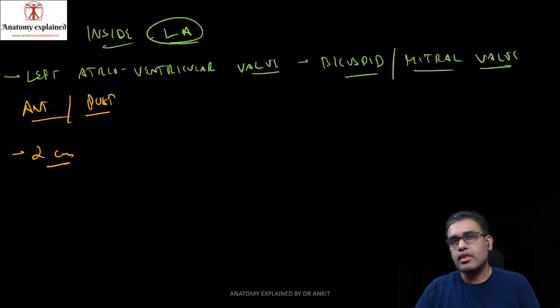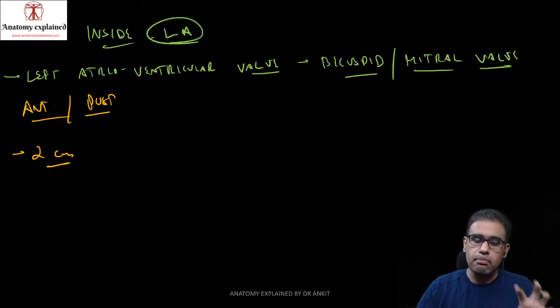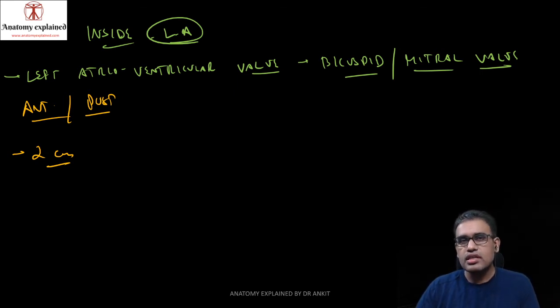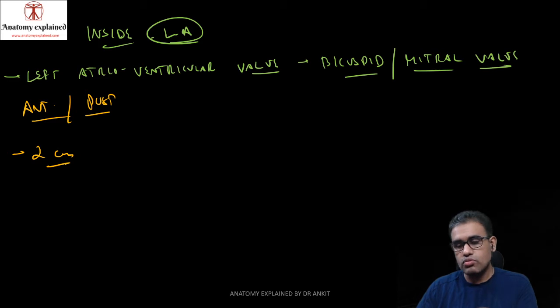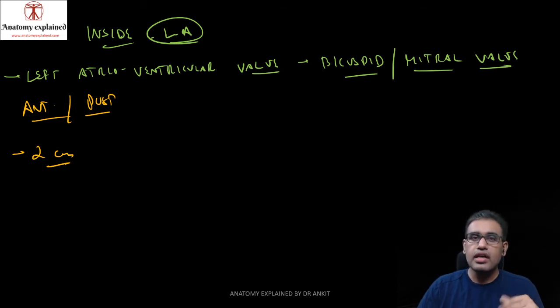First, the posterior surface or the base of the heart: the majority of it is smooth, and only a small part is roughened, that is the left auricle, which surrounds the origin of the pulmonary trunk. Then the septum is slightly oblique, so most of the LA lies behind the RA, and you have the left AV orifice, which is covered by the left AV valve. There are two cusps, the bicuspid or mitral valve, which opens down into the left ventricle.